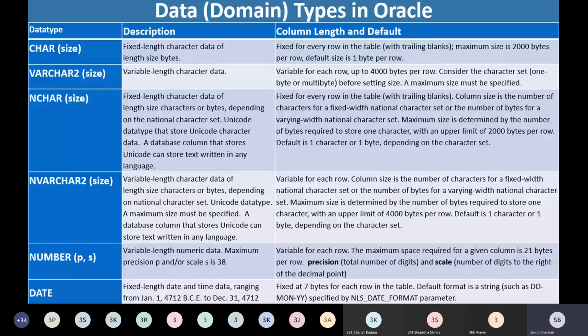Before actually going to the create table statement, let me take you through the possible data types in Oracle. So I'm talking about Oracle in general. If you go with any other database management system, say, what are the other RDBMS available other than Oracle?